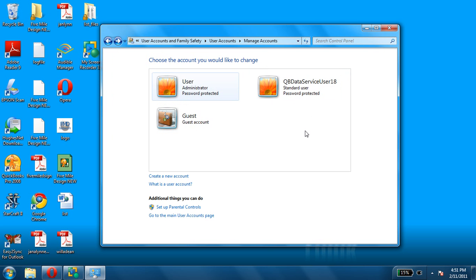Now that's pretty much it, but there's one more thing that I wanted to mention real quick. If your user account is password protected and your Windows gets corrupted, or your computer quits working, or your computer crashes, it's very hard to get access to the data if it's password protected. So when a computer crashes, generally what I do is I will remove the hard drive from the computer and put it into a working computer, and then I'll transfer the data over off of the hard drive out of the bad computer. But if the account is password protected, then that data remains password protected, so it's very hard